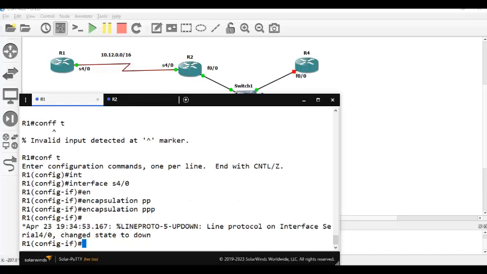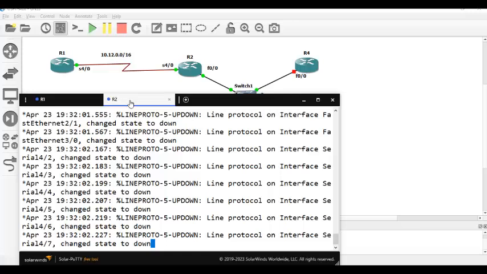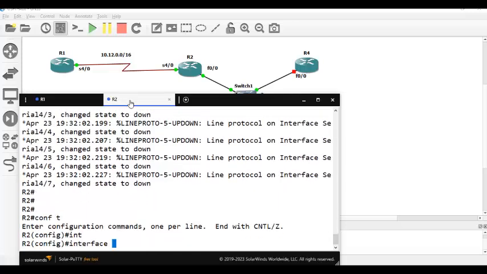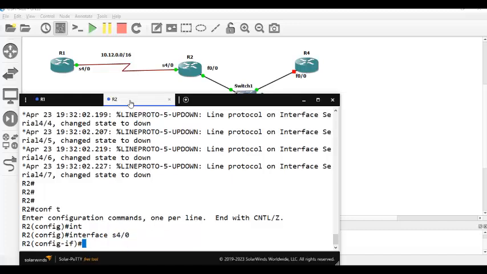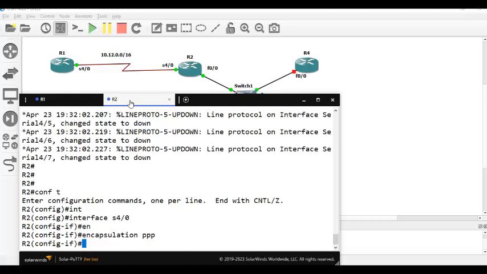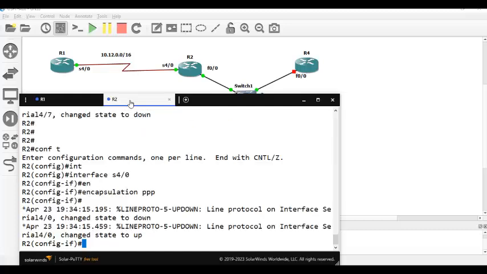Interface serial 4/0 encapsulation PPP. Now the interface which went down will come back again. See, it has come back again. If you go back to R1, you will see it is up again. Now let's go and check the same show command. Show interface serial 4/0. The encapsulation now should be